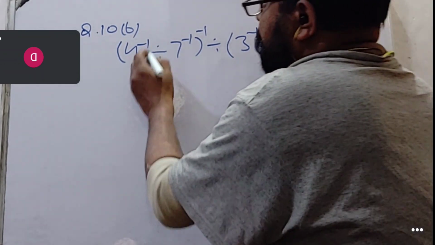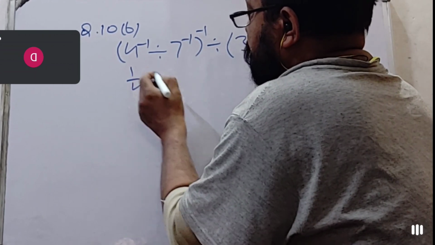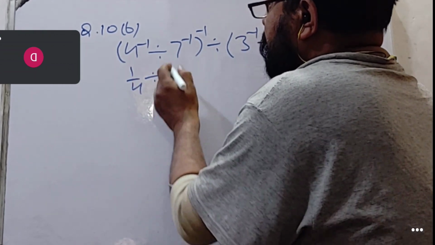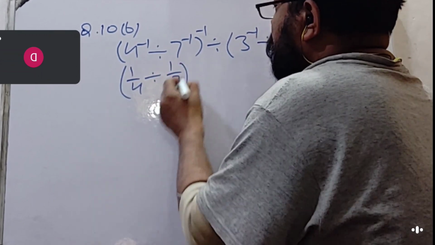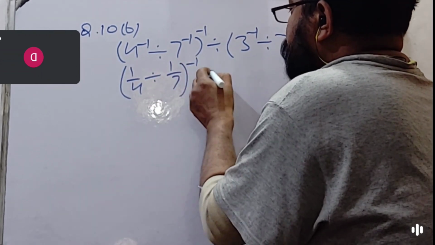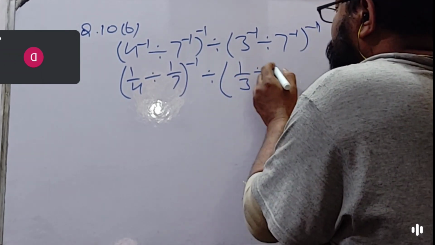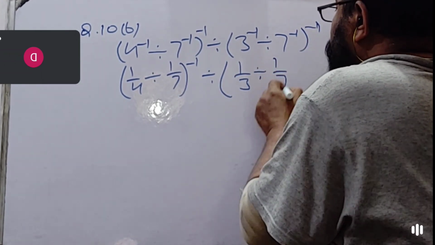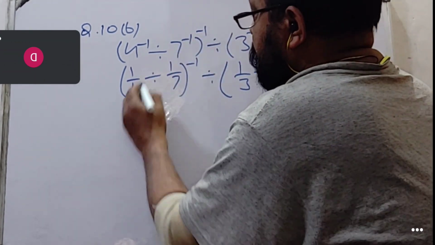Fine. So we will write 1 upon 4 divided by 1 upon 7, whole raised to the power minus 1, divided by 1 upon 3 divided by 1 upon 7, whole raised to the power minus 1. So it becomes